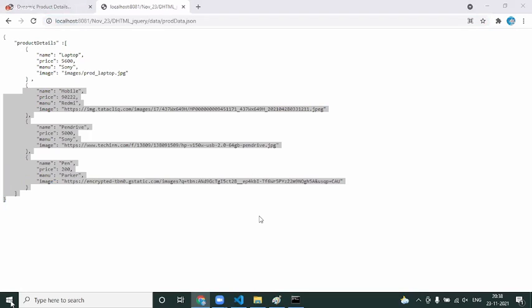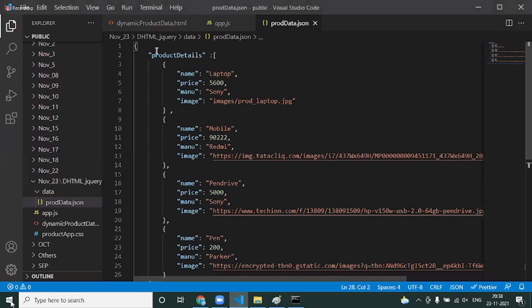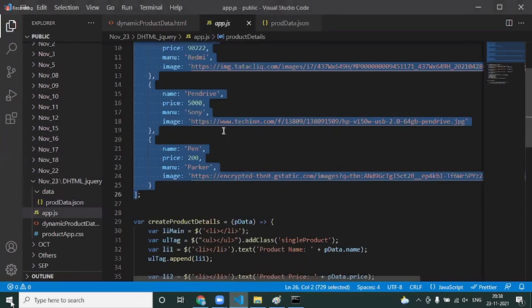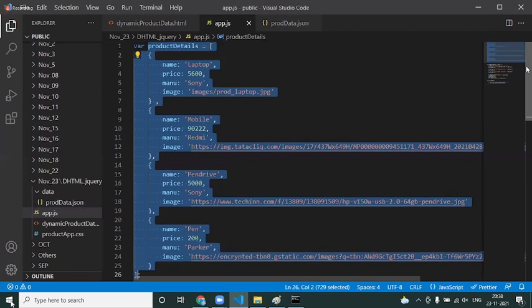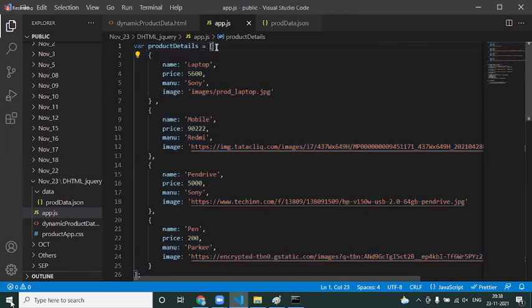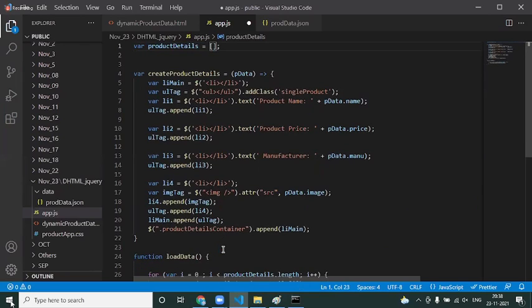Okay. Now, my expectation is that you take this web service URL in your application or in your code. We have to remove this part. I don't want any hard coding of this data. Simply remove this. It is a simple empty array.